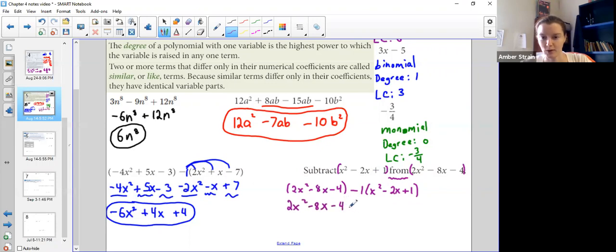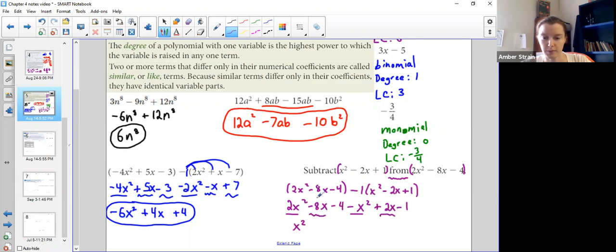Just do it because I said so, because I want you to get it right. So right here, when I distribute this negative, this would now be a positive 2x minus 1. Write that out. Now I'm going to combine those like terms. I've got 2x squareds minus one of them. Leave me with 1x squared,